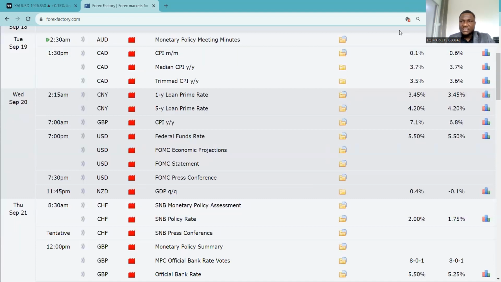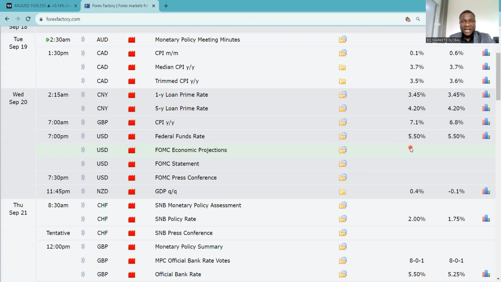Don't forget, the United States dollar currently has its interest rate standing at a whopping 5.5%, okay? And we don't really know if this interest rate is going to be hiked by 25 basis points more or by 50 basis points more. But trust me, just like most times I tell you and it has happened, we'll keep an eye on it, because we are expecting literally a 25 to 50 basis points interest rate hike on the United States dollar. Inflation is still rocking the economy, and